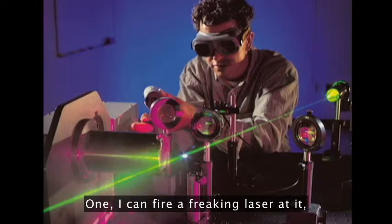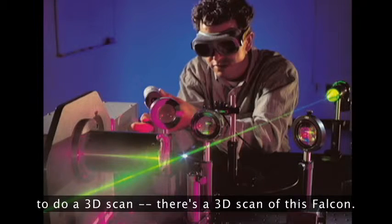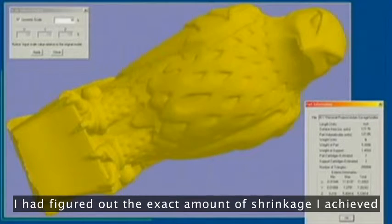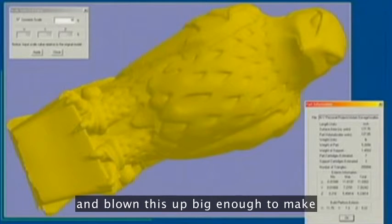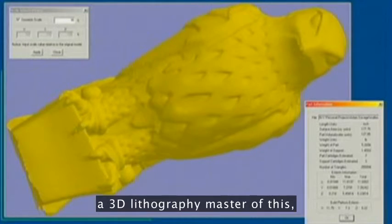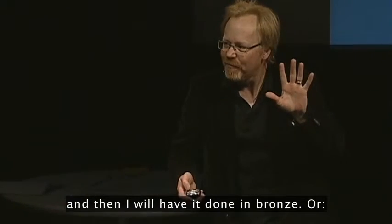One, I can fire a frickin' laser at it, which I have already done to do a 3D scan. There's this 3D scan of this Falcon. I have figured out the exact amount of shrinkage I achieved going from a wax master to a bronze master and blown this up big enough to make a 3D lithography master of this, which I will polish, then I will send to the mold maker, and then I will have it done in bronze. Or